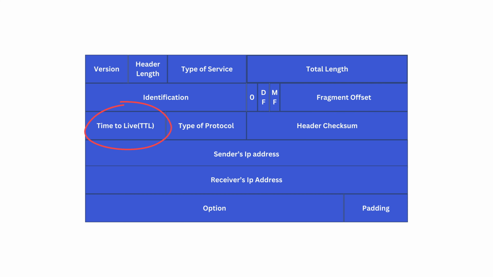Time to live, TTL, limits the packet's lifespan by reducing its value at each router. Protocol specifies whether the packet is using TCP, UDP, or another transport protocol, in this case, TCP. Header checksum verifies the integrity of the header data. Sender's IP address is the IP address of the sender, in this case,